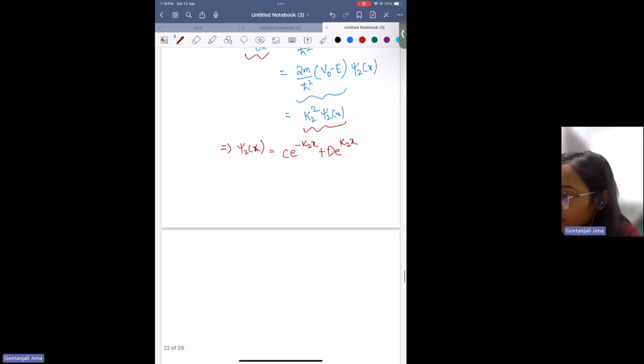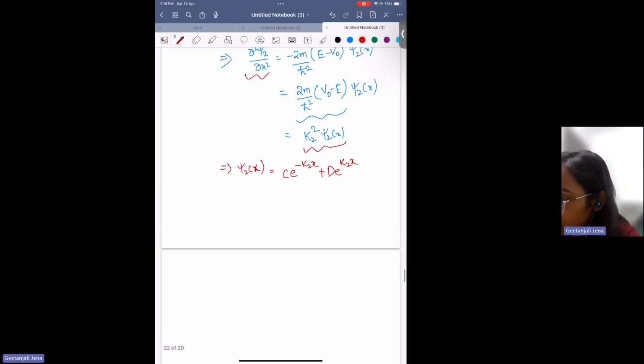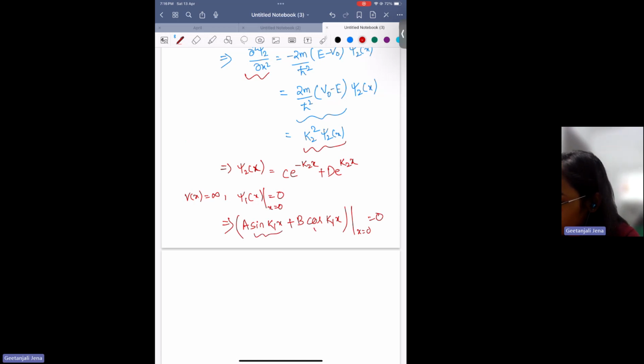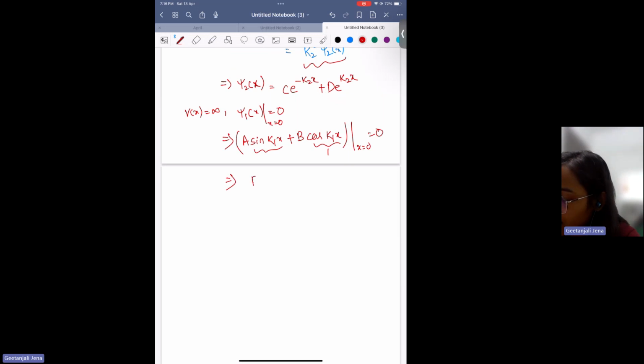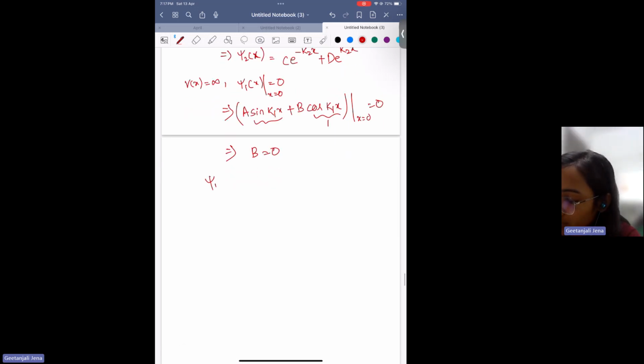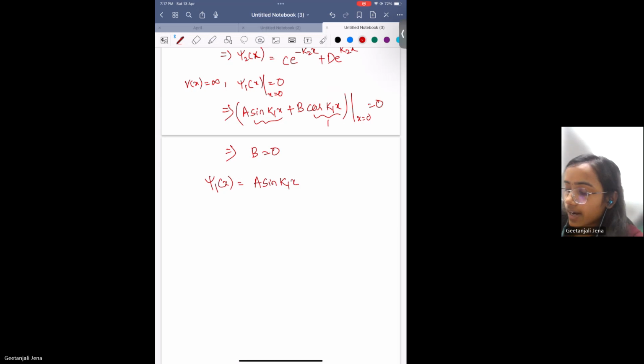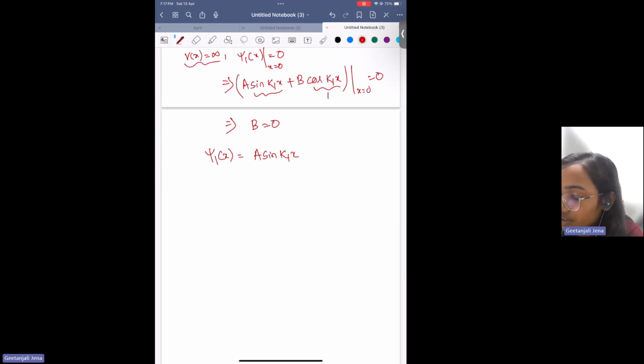Okay. So before solving that, let us see what the boundary condition is. The boundary condition is V(x) is infinity for x equal to 0. That means this psi 1(x) should be 0 when x equal to 0. So psi 1(x) is A sin k1x plus B cos k1x, right? It should be 0. The sine term would always be 0 and the cosine is 1. So that means B is 0 for our case. So this psi 1(x) is A sin k1x. And this is for region 1, and for region 2,